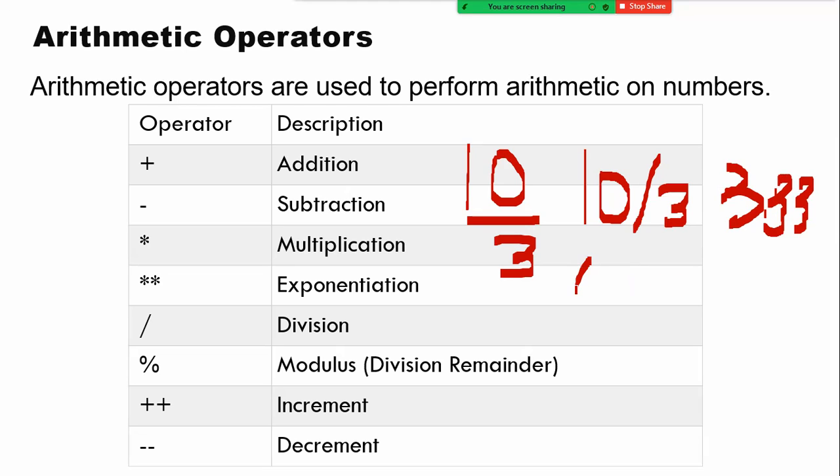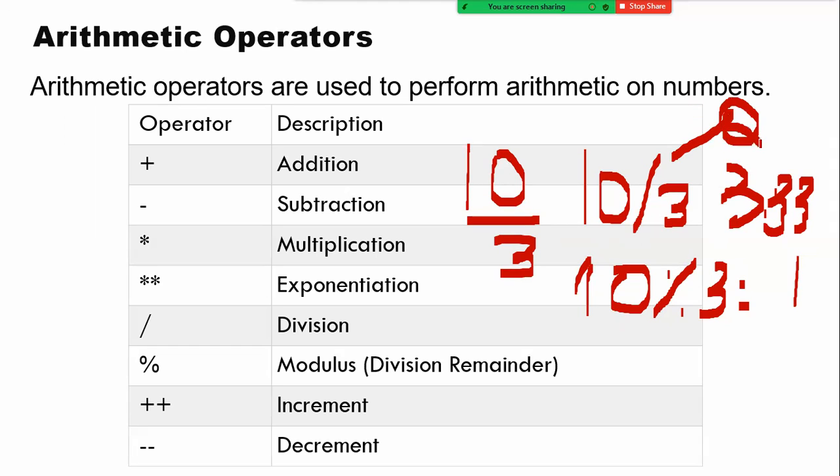Whereas when I'm writing 10 percentage 3, the answer is 1. How is that? When I'm using the slash, it is going to give me the quotient. When I'm using the percentage, it is going to give me the remainder.